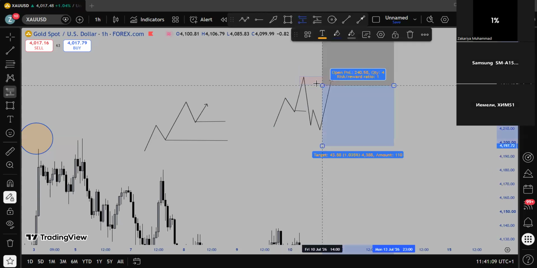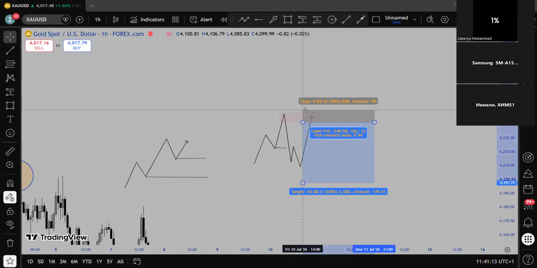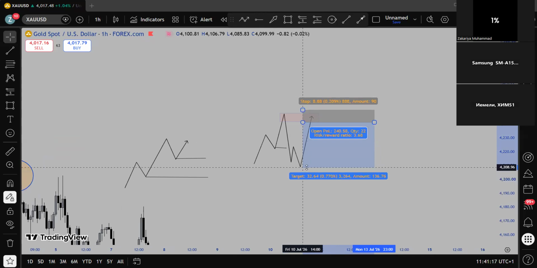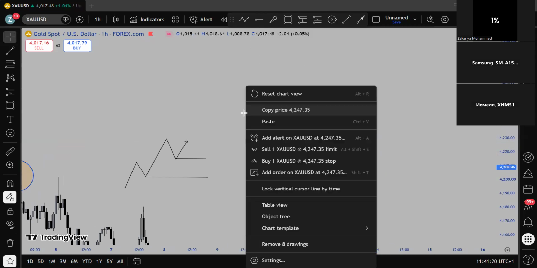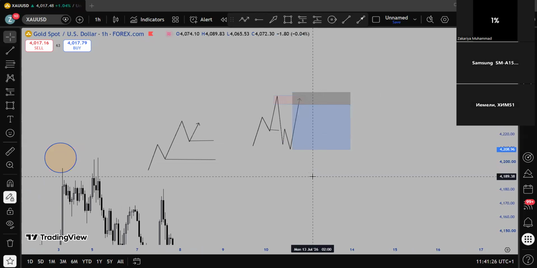If for me to sell from here, and I target this low now, you see, this is 1 to 6R. But for me now, this move for higher time frame is going to be a very big move in lower time frame. I can get like 1 to 16 or 1 to 20R. So this is the only reason.